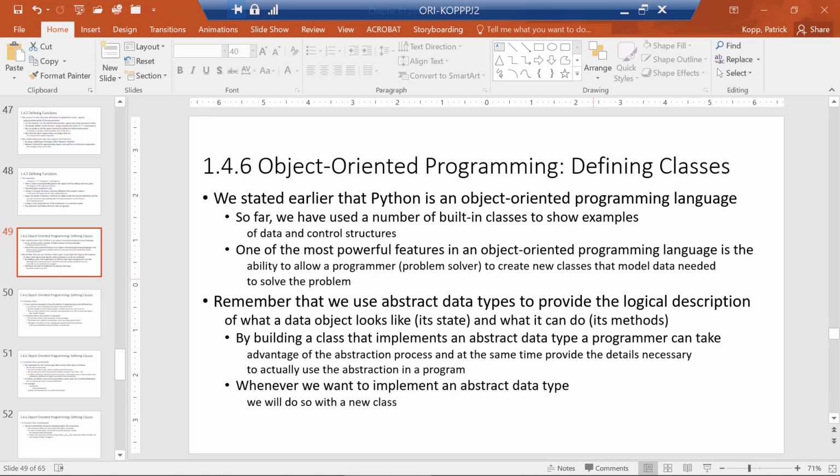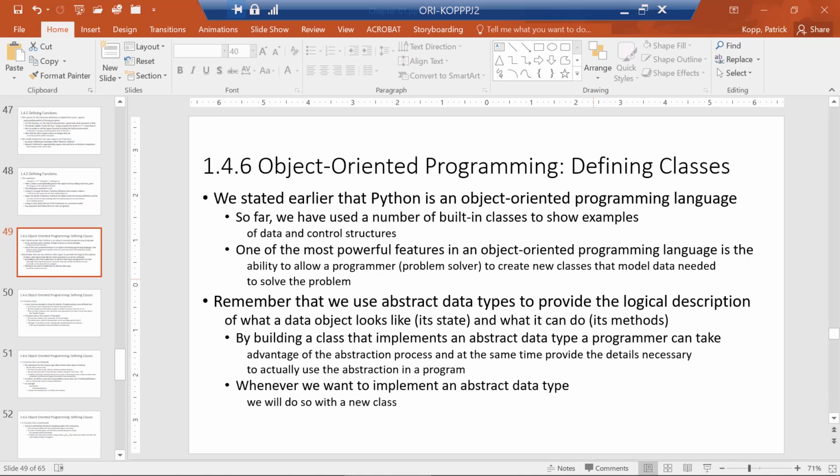Okay, so we're going to pick back up again here in chapter one, and we're going to work on defining classes. And just remember that we did this before in the old book. Last chapter we worked on here, and so this is going to be a lot of review stuff, but there's also a lot of new stuff in here, especially when we get into the fraction class, and it's got some other stuff in there that we haven't done before that I think will be interesting